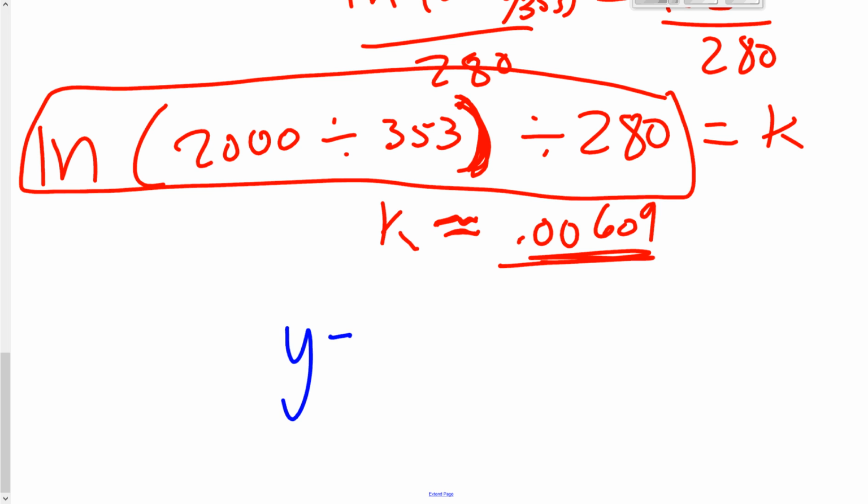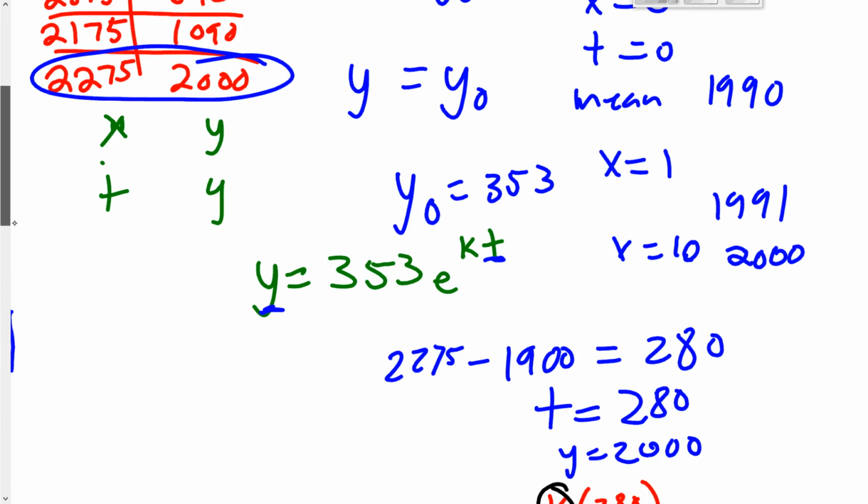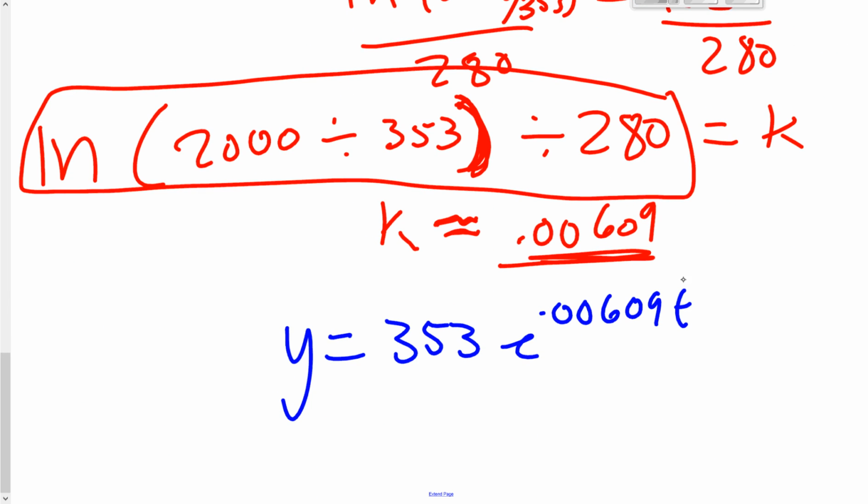So now we have our equation. We have our y sub 0. We now have our k, and it is a positive k, right? We can kind of tell that because our numbers are growing, so it's an exponential growth. So there's our function. Now we could solve for any other year that we want,